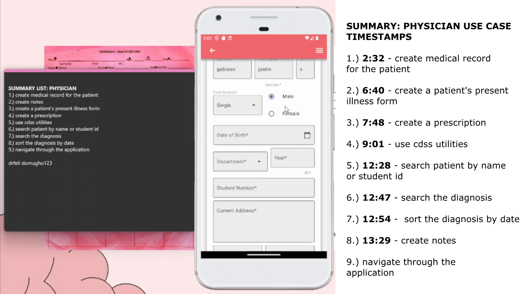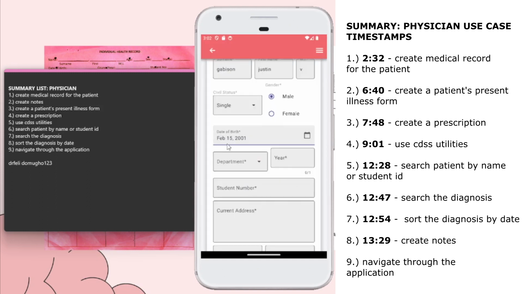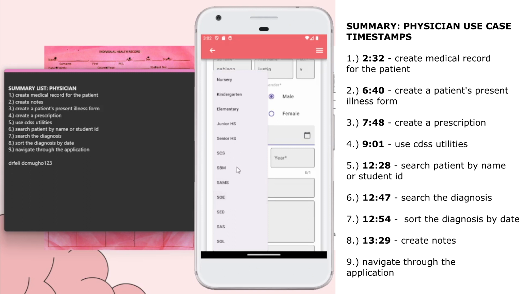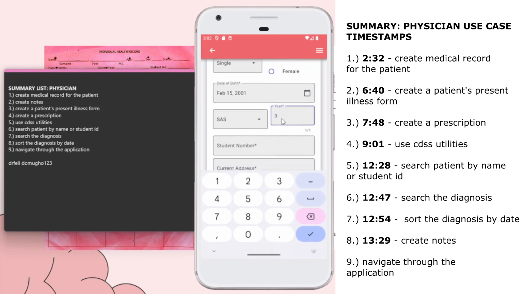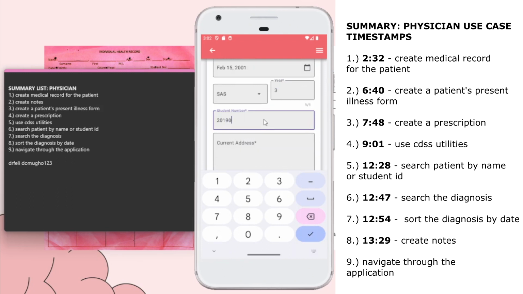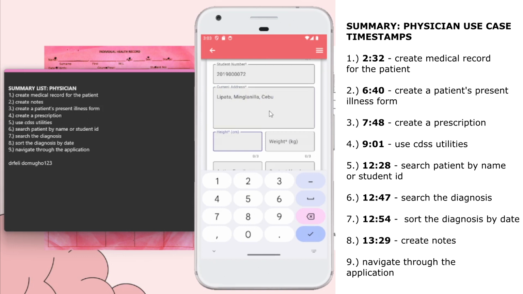And they can select a gender and input a birth date. Let's say they were born on February 15, 2001. And we can select the patient's department. With this, we can also put in the year level and their student number. We can put in the patient's address. Oops, Lipata. Mananilla, Cebu. And their height, 165. And their weight,